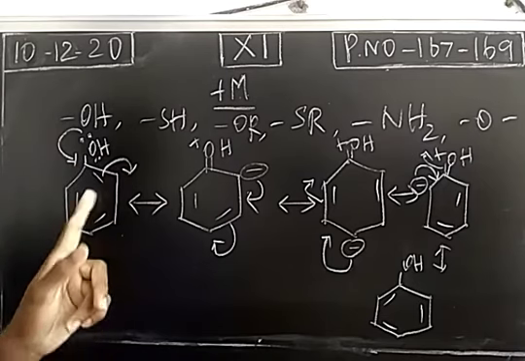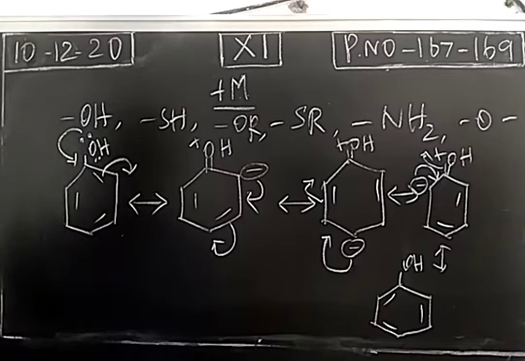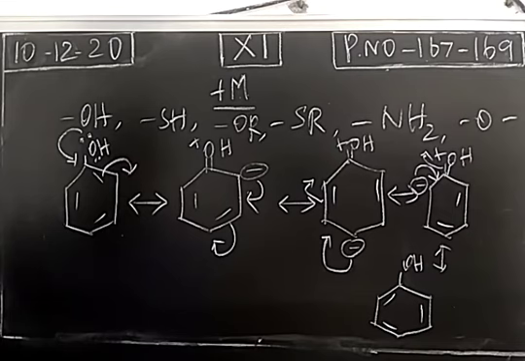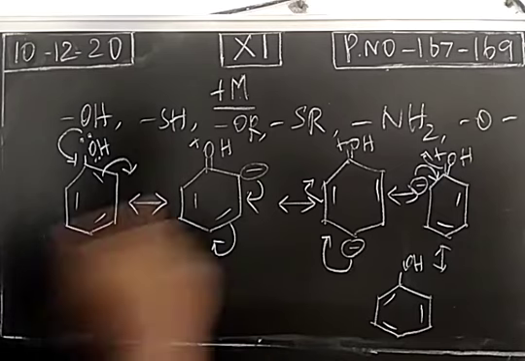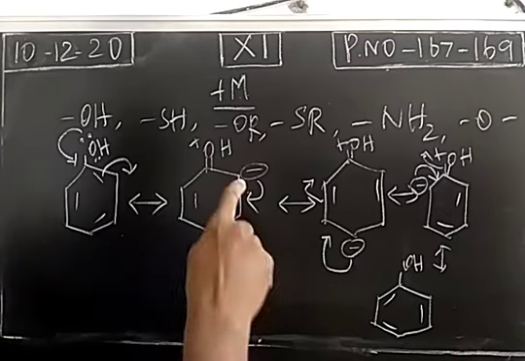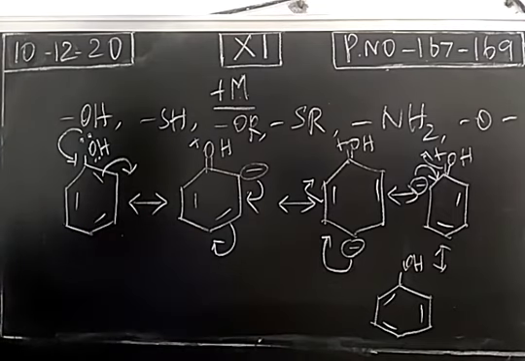You can observe the position of the double bond. So why have we changed the position of the double bond? This is obtained due to delocalization of pi electrons. Because of the electron releasing group, a pair of electrons is coming into the ring and it is not a localized one, it is involved in delocalization. So we get negative charges on the second position, fourth position and sixth position, due to delocalization of pi electrons.